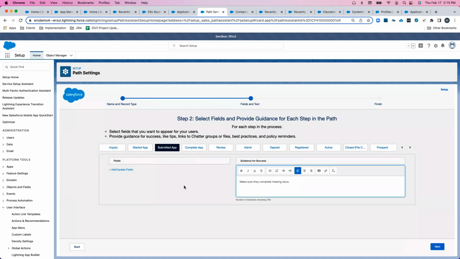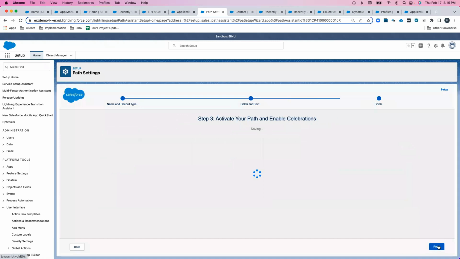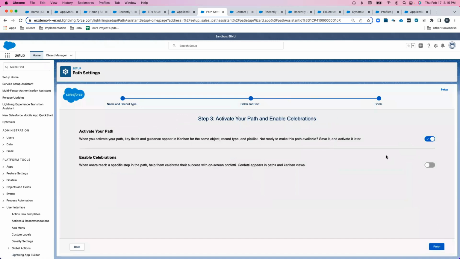So you can help facilitate what they should do at each step, not only just to check off the box that it's done, but there's also a good opportunity for training to make sure everybody knows what to do next, right? So now I can do this for all these steps. And then